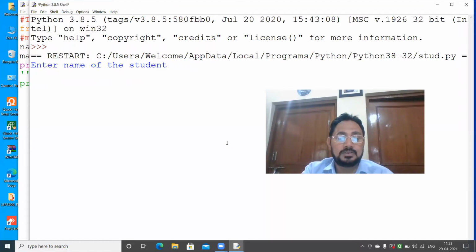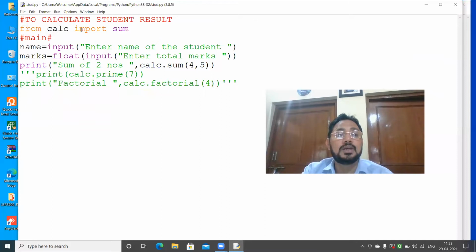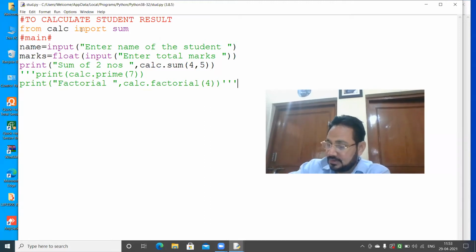Name of the student. Any marks? Calc is not defined. Wait. From calc import. Import module. Import from calc.